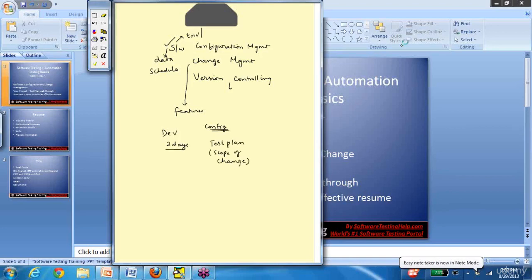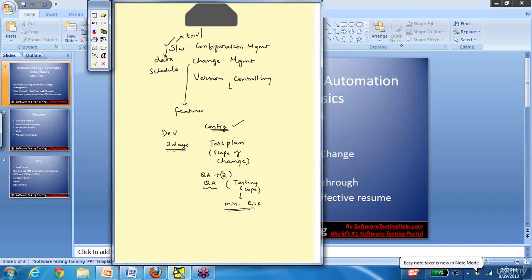When the 2 days delay has happened, one of two things will happen. Either the QA cycle gets extended by 2 days, or the QA cycle remains the same while the testing scope is reduced. And again, the testing scope cannot be reduced arbitrarily. It should be reduced in a way that carries minimum risk. Overseeing this entire process is configuration management's responsibility.